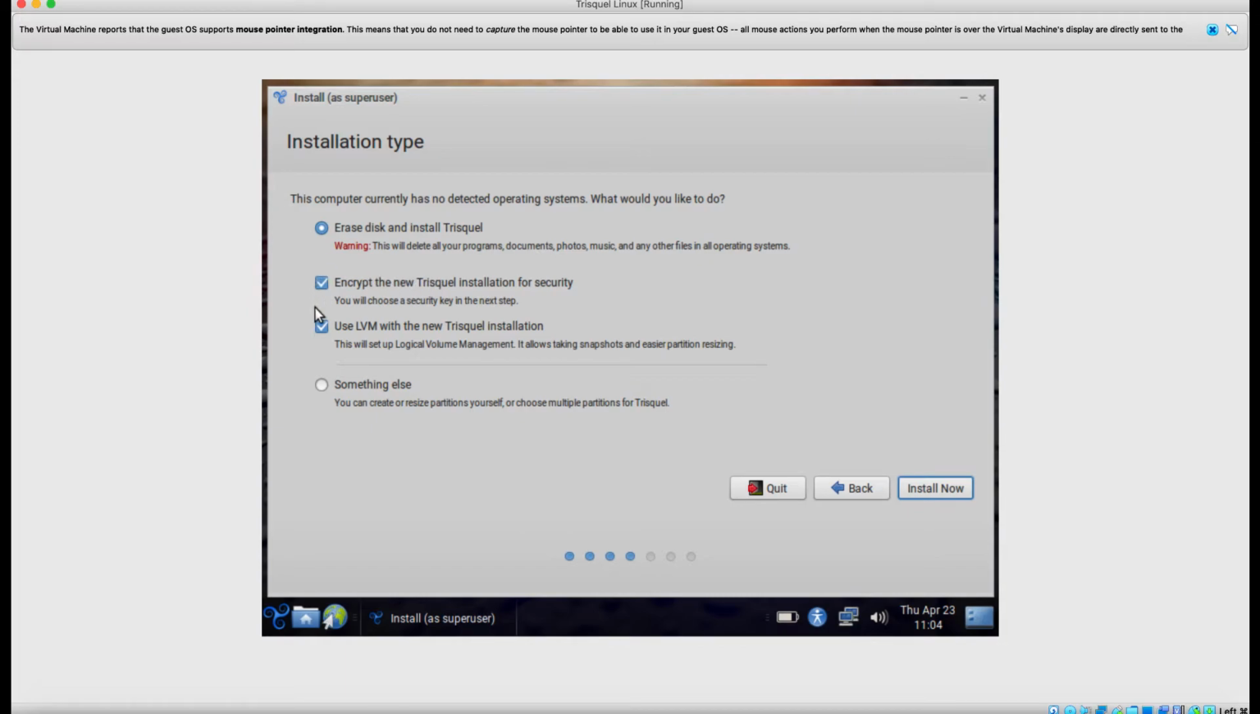Next option here, encrypt the new Trisquel installation for security. Now we don't want to do that. The reason being, for a start, there probably won't be any massively sensitive data, and encrypting it makes it run really slow because it has to decrypt each time you read something from the hard disk, and even write to it as well. So we'll deselect that and use LVM with the new Trisquel installation. This will set up